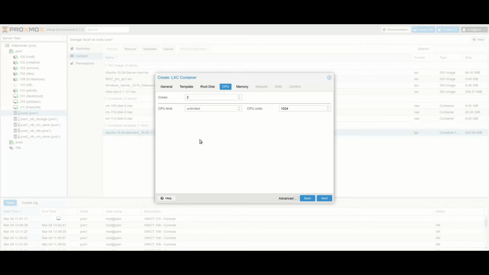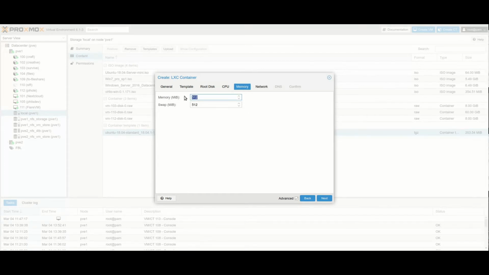So if you've got a server that doesn't really get used that often, but maybe once a week, and you want to limit it to a certain amount, you can do that, and that way the rest of the time it's sitting idle, other things can use those cores. Anyways, let's go on to memory.